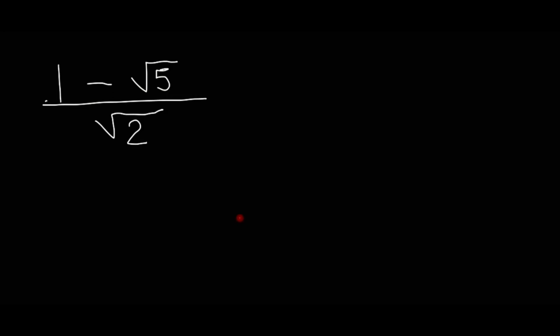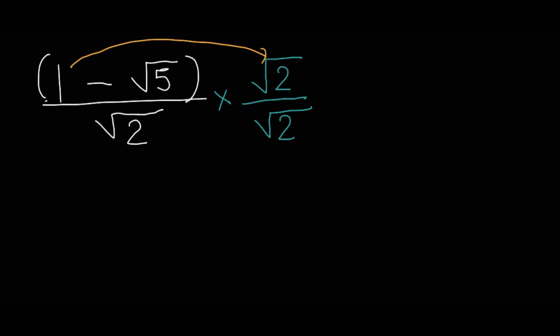And then now let's say we have 1 minus root 5 over root 2. And this problem still involves rationalizing, because you can see that our denominator is in the form of a Surd. We are going to do the same thing, multiply the top and the bottom by this Surd, and then from there you can notice that this problem is 1. So when we multiply the numerator we will say 1 times root 2, and 1 times root 2 gives us root 2,